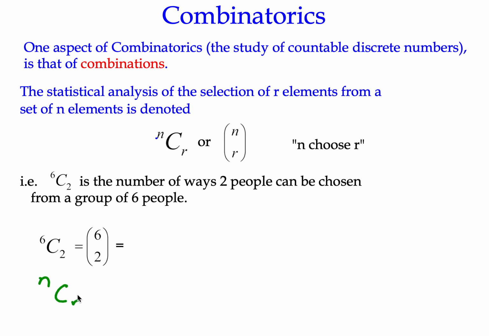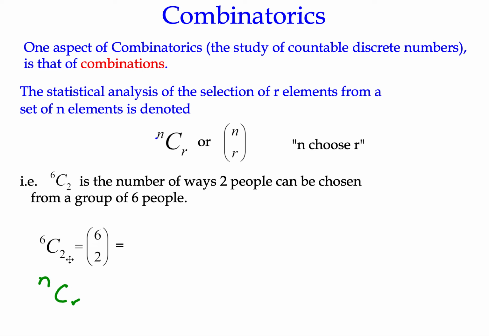That's probably what it says on your calculator. And if you find that button, what you would normally do is press the 6 first and then the nCr button, and then you press 2. Or depending on your calculator, it might come up with little boxes to fill in. But I'm going to let you find that on your own calculator.